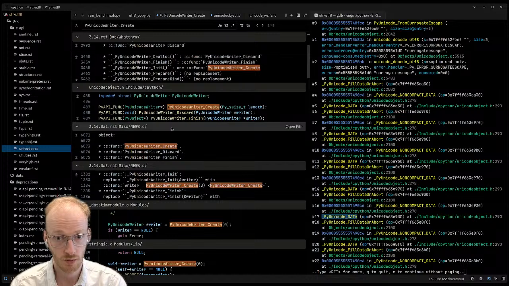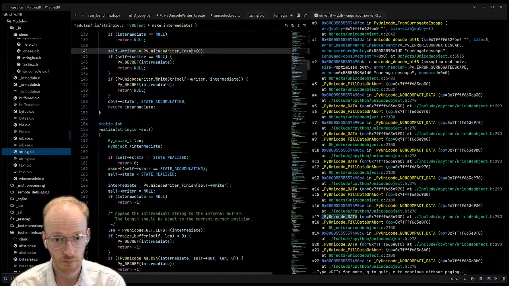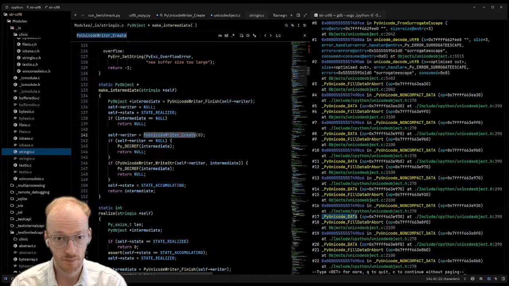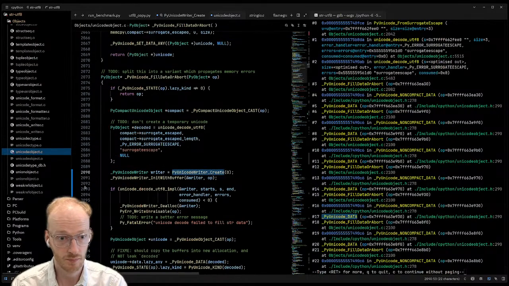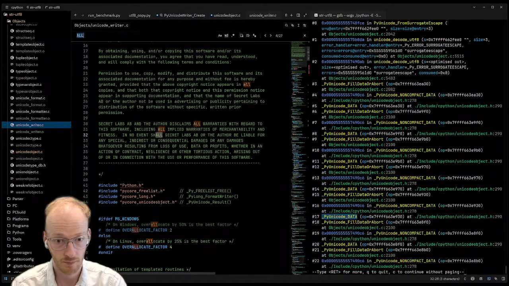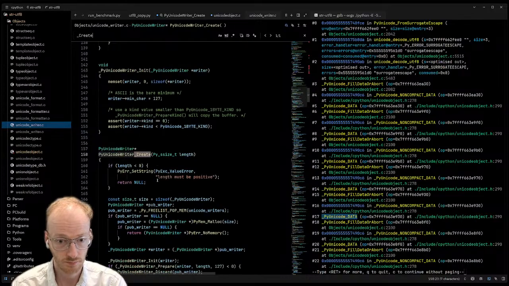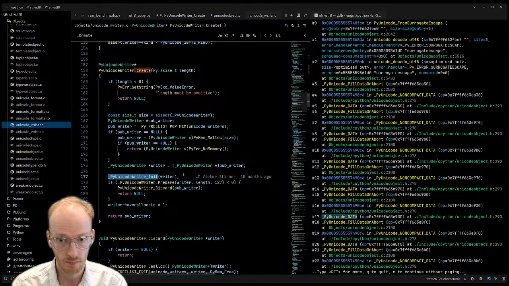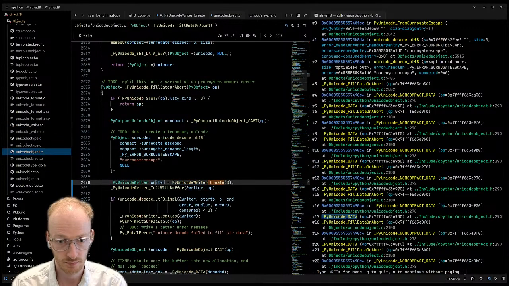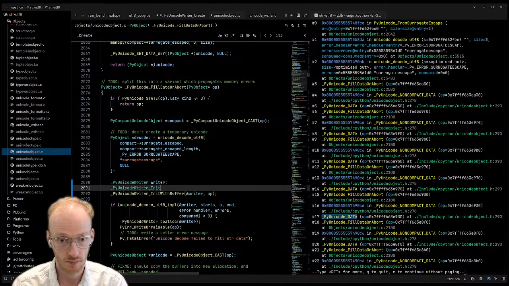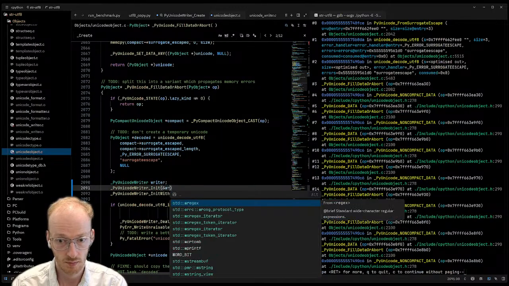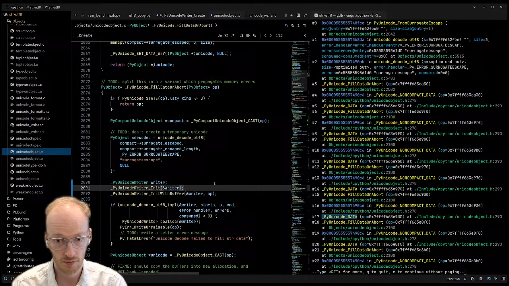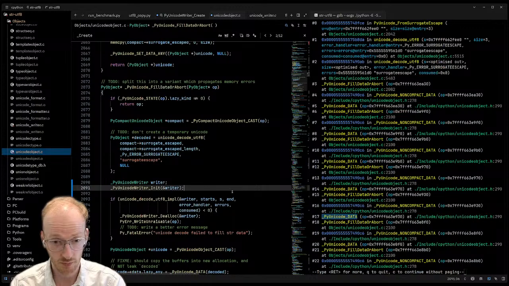Oh yeah. Unicode writer init core. Okay, yep. Like that. And that's probably going to be good enough.